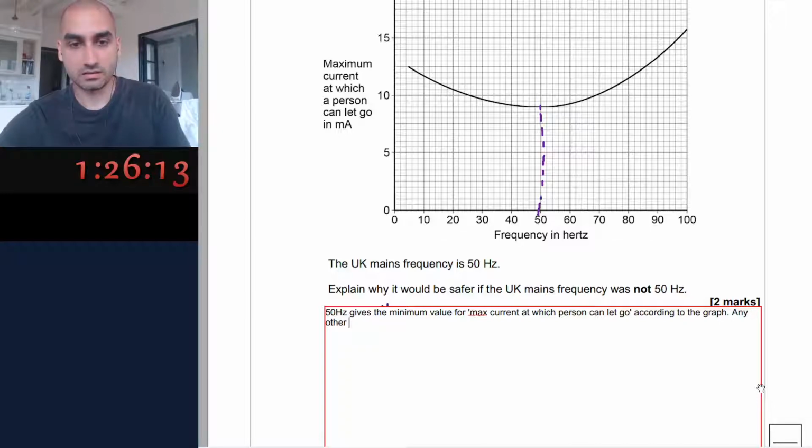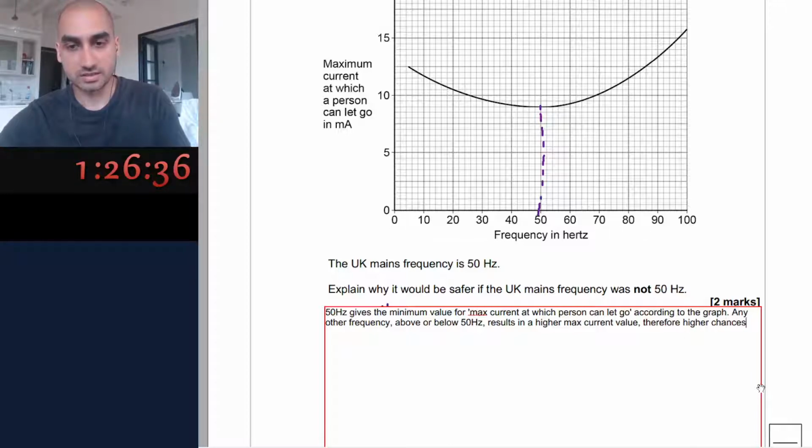Any other frequency above or below 50 results in a higher max current value, therefore